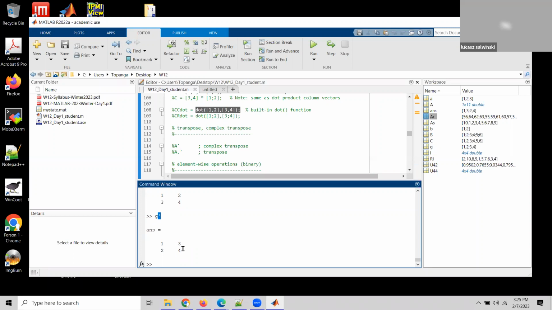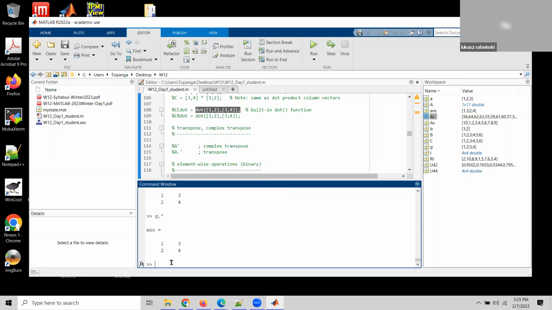So this is how transpose is done in the domain of imaginary numbers. If you want to do transpose without modifying the sign, you use G dot prime, and for real numbers